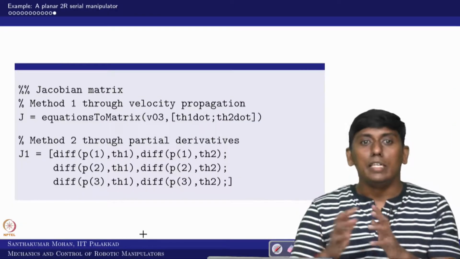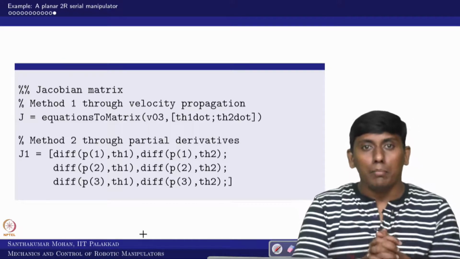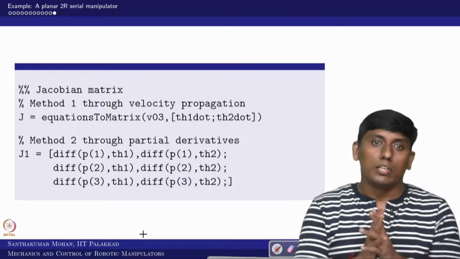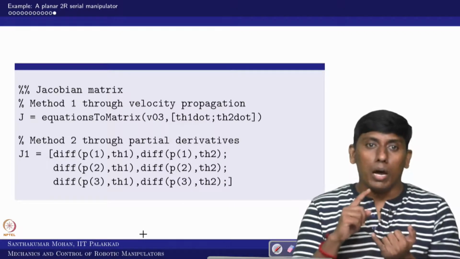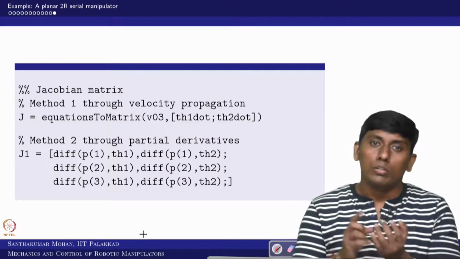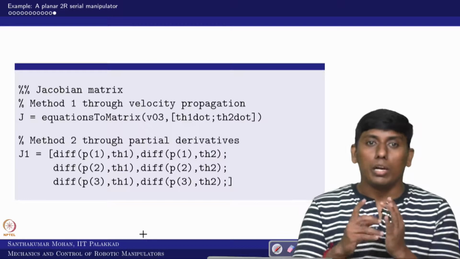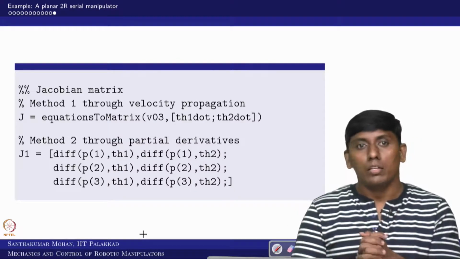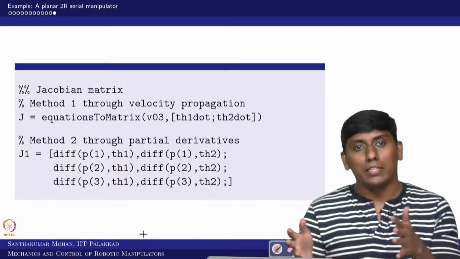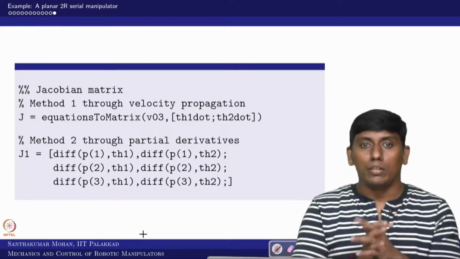We have seen how to do the velocity propagation model of a serial manipulator with the help of MATLAB. This code is very generic. You can just put it in, as long as you have a direct kinematic model written in MATLAB. It is a simple extension. If not, you should have rotation matrices and position vectors in hand, and then you can make the propagation model. Either way you can do it, but I already did the direct kinematic model in MATLAB, so I just extended it. Otherwise you have to write the rotation matrix then and there.